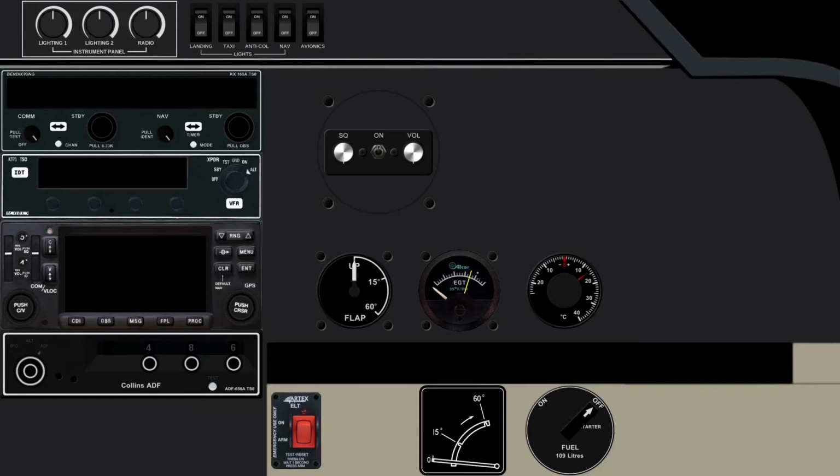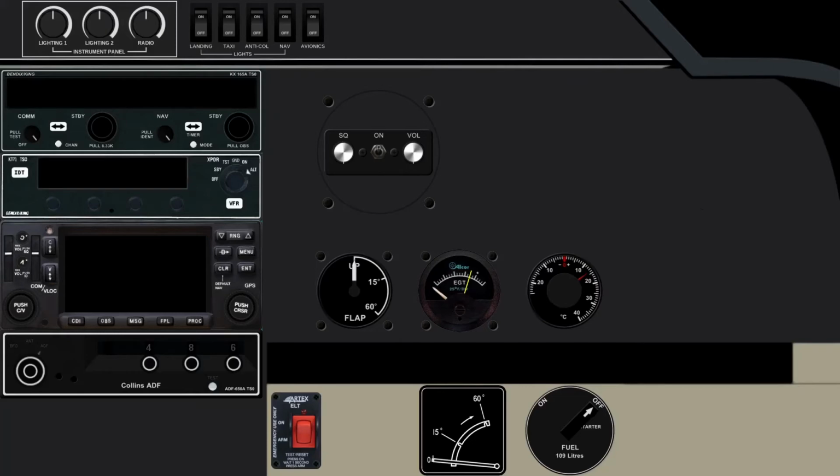And then in this particular panel, there's the usual Bendix King Navcom. I think that was a new transponder that I had to do, KT71. It's a variation. It sits somewhere between the KT76A and C, I believe, or in and around that era anyway. It's not completely mechanical. It has a digital display similar to the 76C, but it doesn't have the push button code entry. It still has the dials like the 76A, so it's kind of a mismatch between the two. So there's a KT70 and a KT71 that are in that model range, and then the